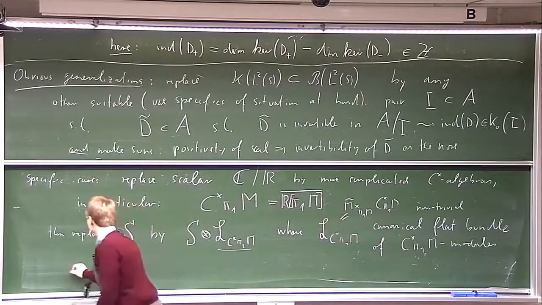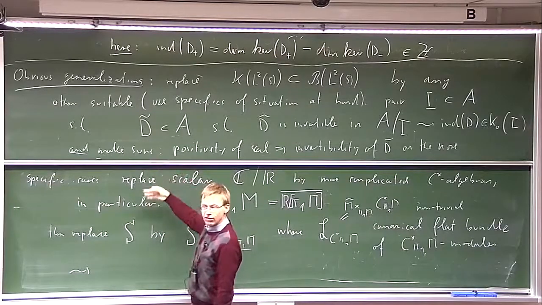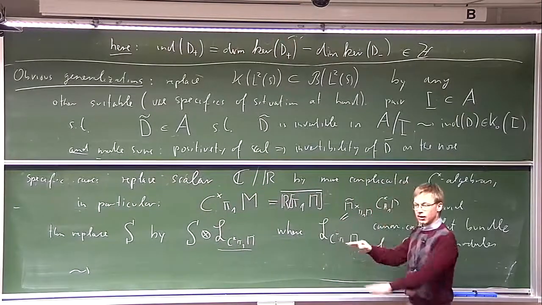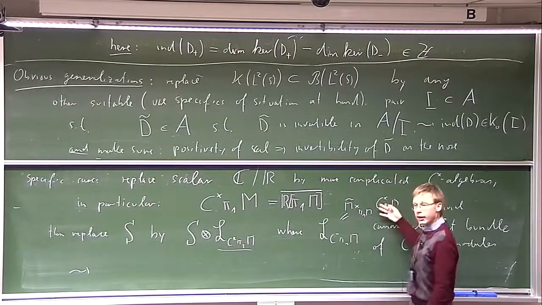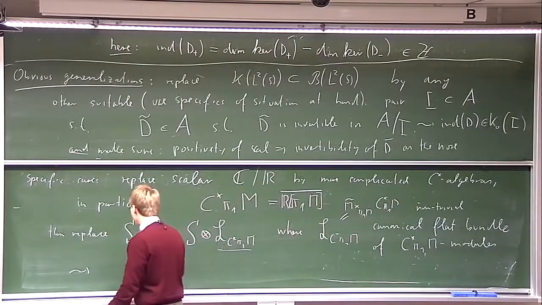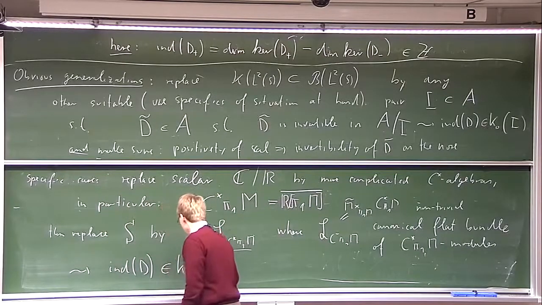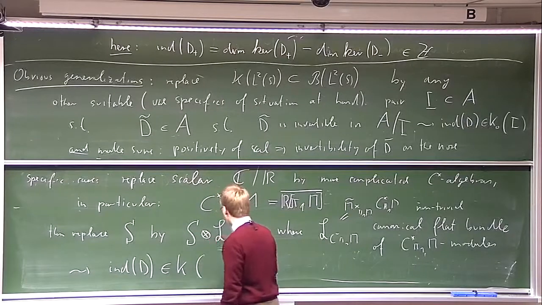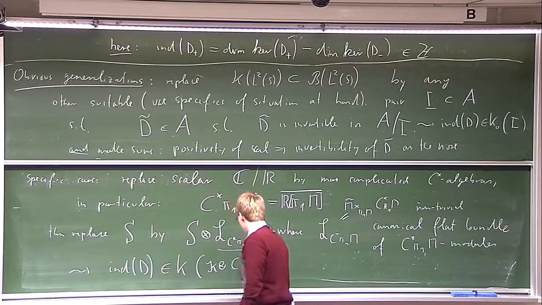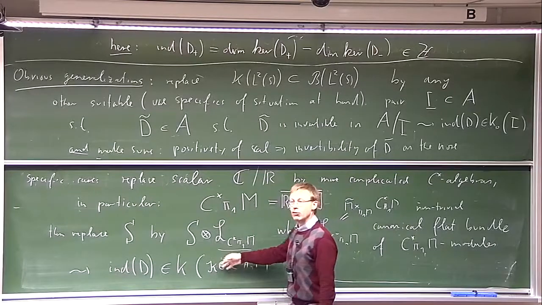And that way the construction just works the same way, and all the properties we need are more or less automatically satisfied. The local computation, because that's a flat bundle, locally it's just like crossing with this thing. And the computations are completely unchanged. That gives you that everything works the same way, and we get this index of D I described before in the K-theory of, well, I should have said the compact operators on S tensored with this C-star algebra of pi1 of M, because that is then what turns out to be the role of the compact operators.